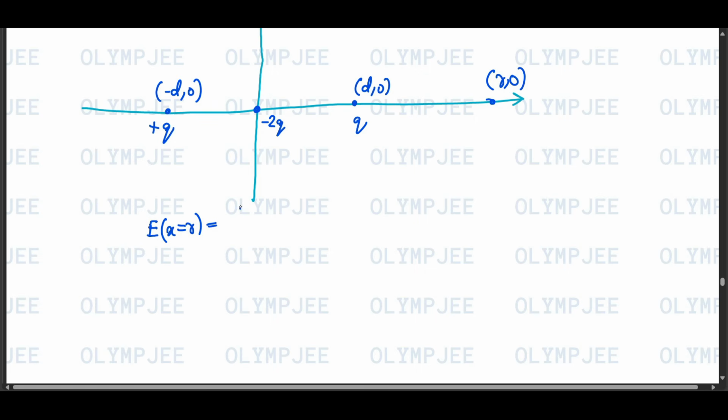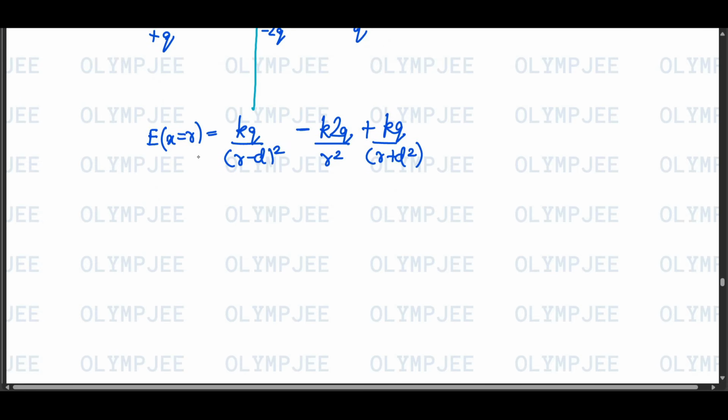Due to this the distance will be r, and due to this it will be r plus d. Okay, so now I will take the LCM, which will give us KQ. I am taking out as common, and the LCM will be,